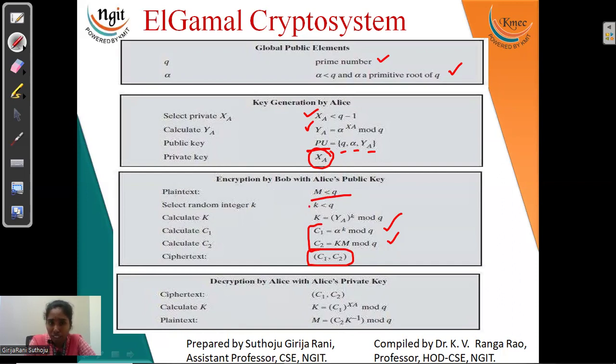The plain text we choose should be less than Q. Now, choose one random integer, then calculate K with respect to the sender's public key. Then calculate C1 with respect to the primitive root sent by the sender: alpha to the power of K mod Q. Now calculate C2 with the plain text value and the K value we have calculated with respect to the public key of the sender. Calculate those two with mod prime number, and transfer the values we get to the